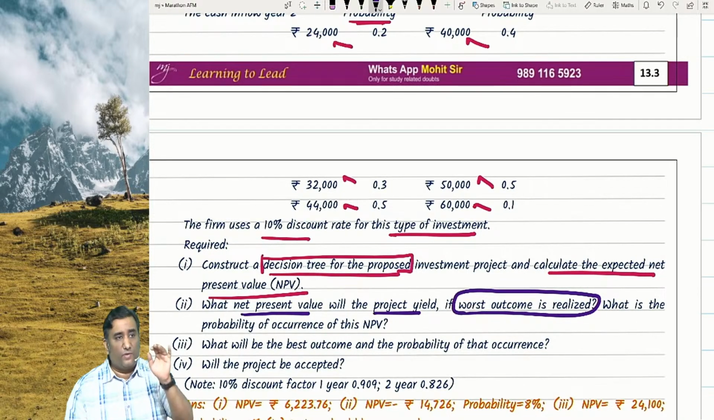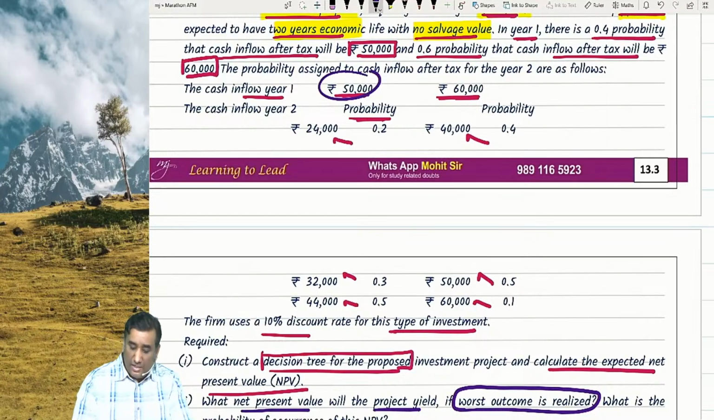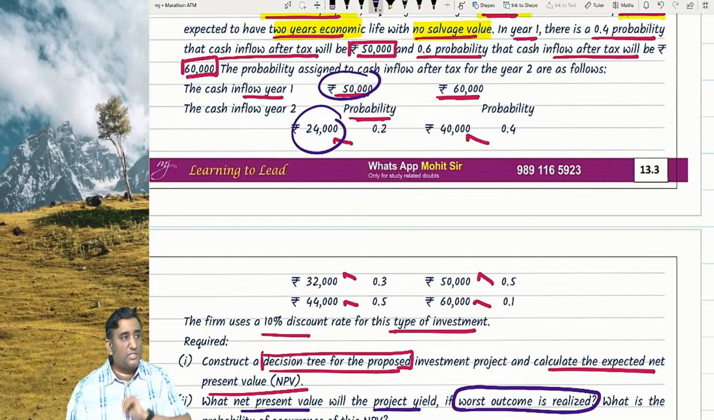Worst outcome is, out of 50 and 60, 50 is worst. Then out of 24, 32 and 44, 24 is worst. That means the lower value happening in the first year, and the lower value happening in the second year. What NPV will it give me? Minus